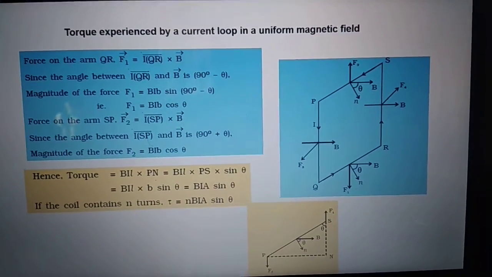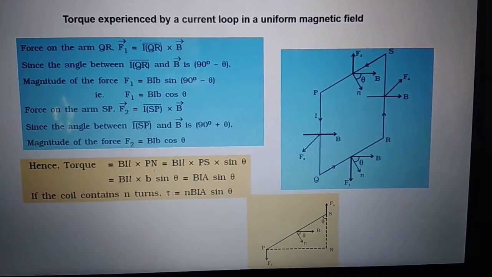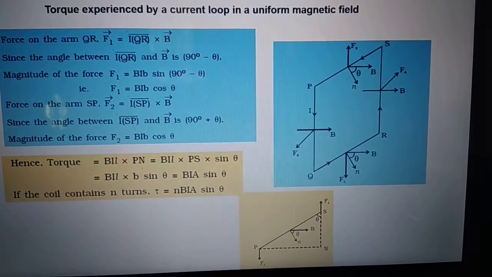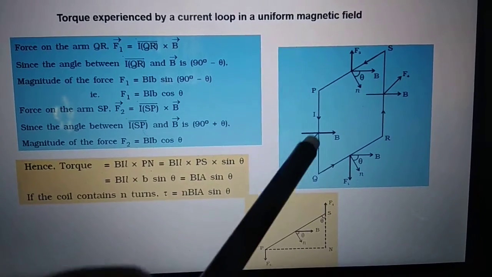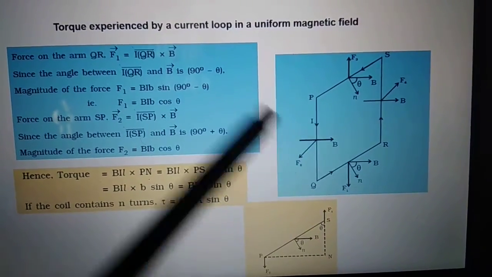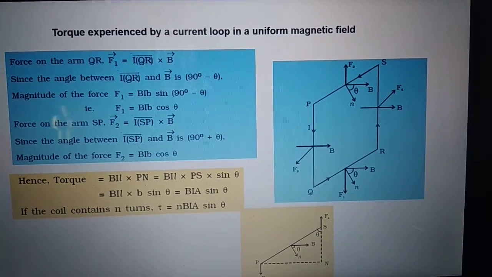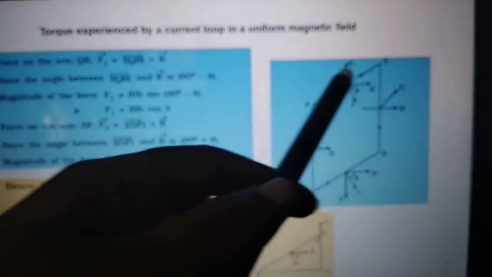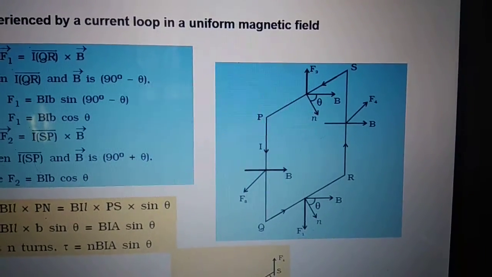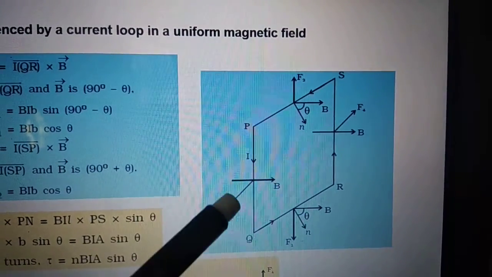Now I am having a current carrying loop. The application of current carrying loop getting rotated in the magnetic field is our electric motor. So whenever I pass electricity through a motor, then the rotor starts to rotate. And whenever we are experiencing a rotatory force, it is not called force, instead we call it torque. So this is one loop which carries current, and I am keeping it inside the magnetic field. So we are seeing the forces experienced in each arm due to the magnetic field.